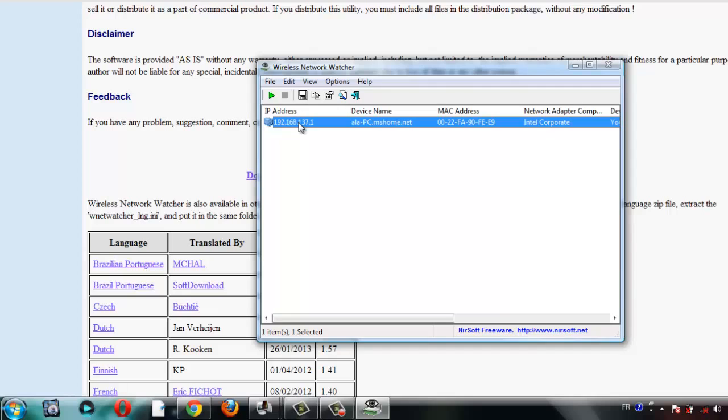So to turn the program on, we click here, and as you can see, the program is scanning for any other connection. Okay, now it finished scanning and it found no other device connected. So now I will connect using my mobile phone through the wireless, and let's see the result.